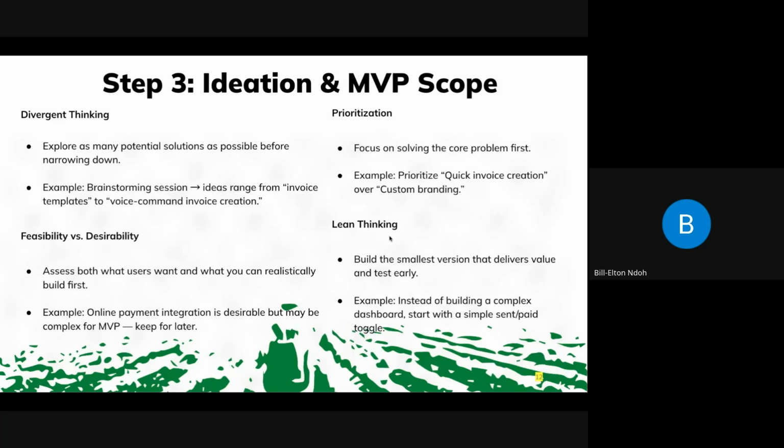And we also have to do lean thinking. So we build the smallest version that delivers value and we test it early. So based on all the nice solutions and ideas that we have brainstormed, we narrow it down to the core problem and we build a version that is fast to develop and we send it out there for testing, right? So okay, at this stage